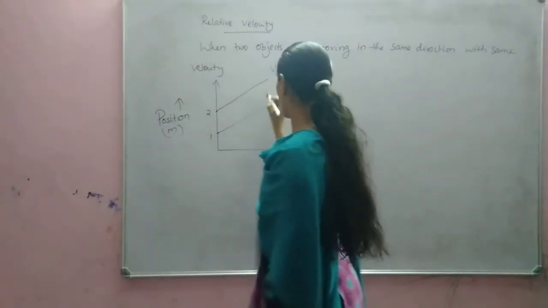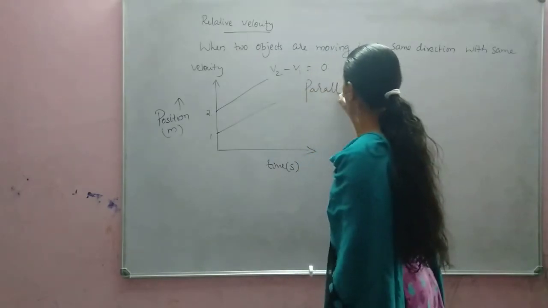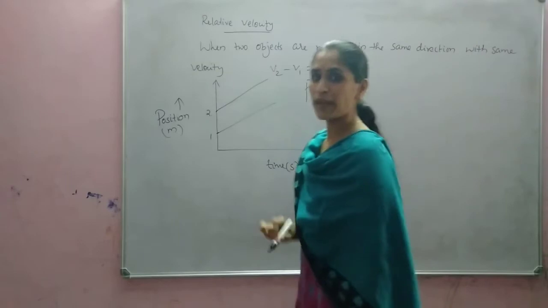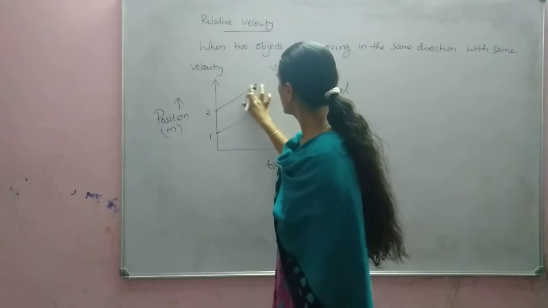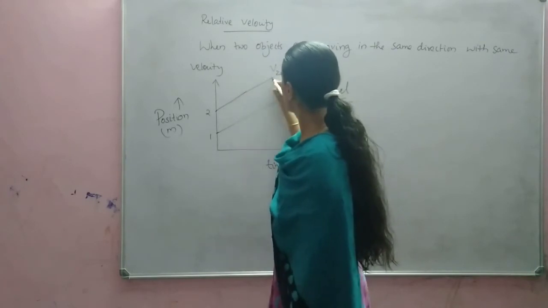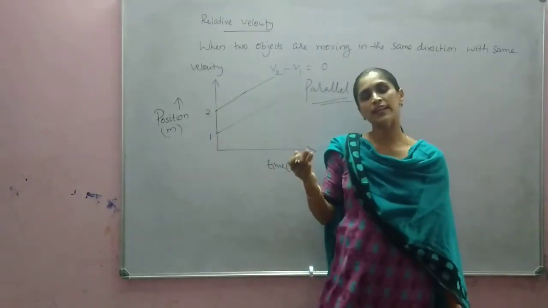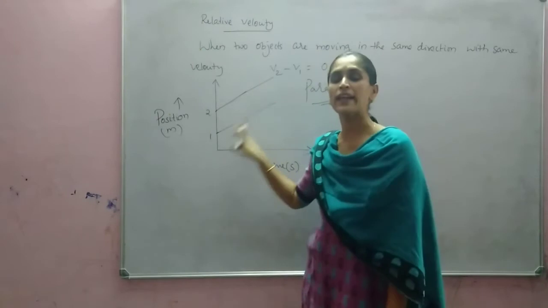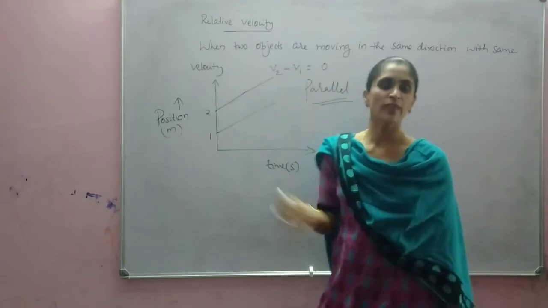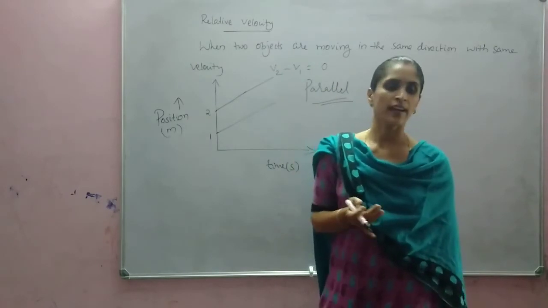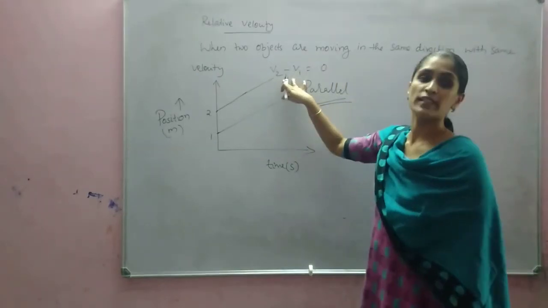Even if these two lines don't seem parallel, when you draw them they should be drawn in such a way that they are parallel. Why is it parallel? At every instant of time, the separation remains the same throughout the journey. If both start from the same position, the two lines will coincide. So this is the situation when two objects move with the same velocity but their initial positions are different, or the case when relative velocity is 0.